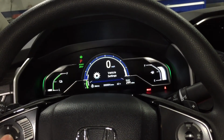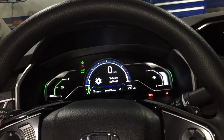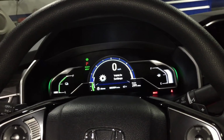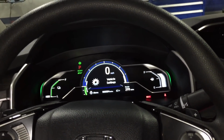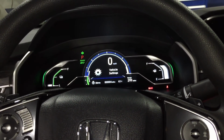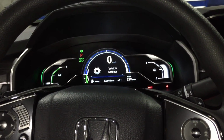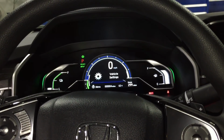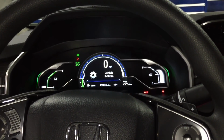you can set it to charge a certain time at night, like say at 11, and then if you stop it, every time you plug it in, you have to make sure you press the button on the remote to make it charge, or it won't charge since you already got a timer there. So when you set it around 11 or whatever the cheapest rate is, and that's your cheapest commute every day, when you do it that way,